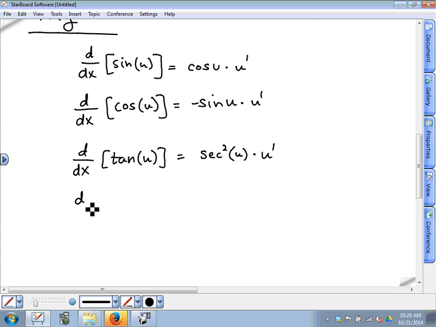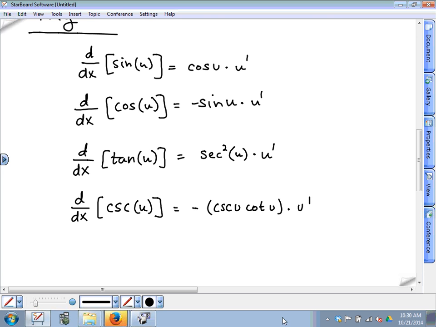Let's go through all of them. The derivative of the cosecant. What's the cosecant? These are hard to remember, aren't they? If you don't use them all the time. The derivative of the cosecant is negative cosecant cotangent times